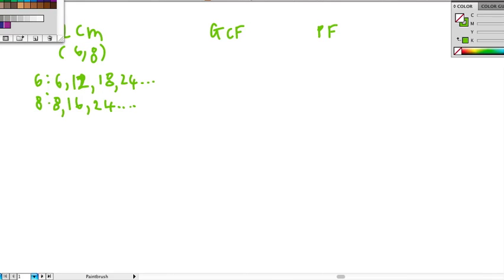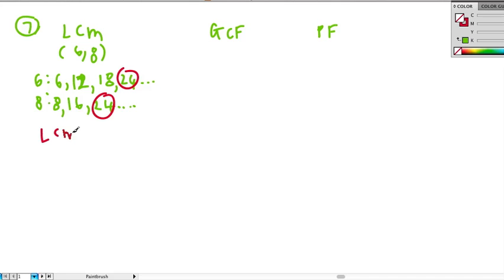So what we can see here is that 2 numbers there are the same. 24 appears twice. These are common. So these 2 that I've circled are common multiples. We need to make sure they are the least, meaning smallest, and they are. If we kept going, we would also see other numbers that were the same. So for this one, the LCM, the least common multiple, is 24. It appears twice, once in each line. All right. So then the next one,